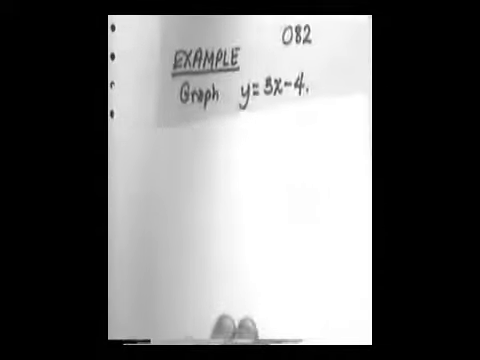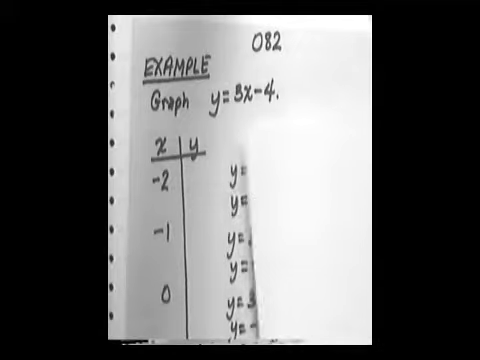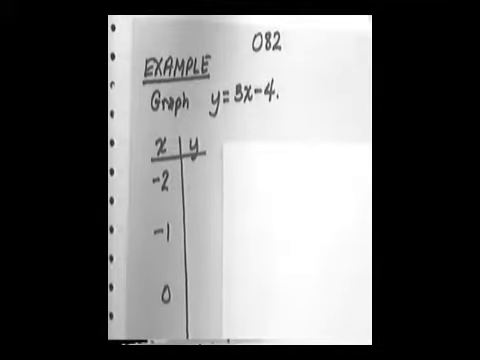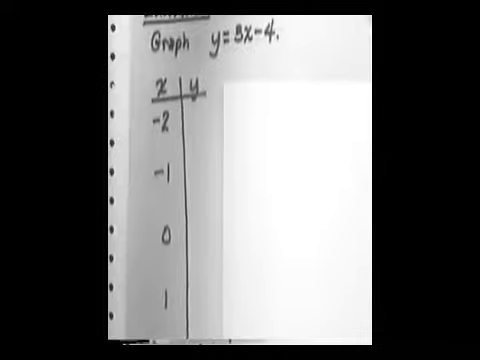Let's look at an example. We'll begin with the graph of y equals 3x subtract 4. Notice that we have y by itself on one side of the equation, and so the form is ideal for making our table of values. We will choose values of x that are easy to work with. The numbers I have chosen are